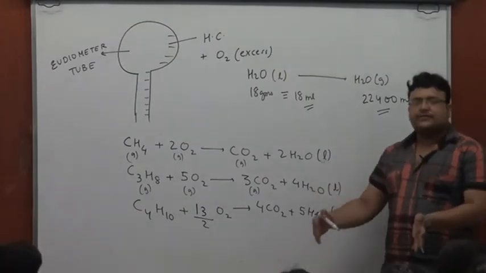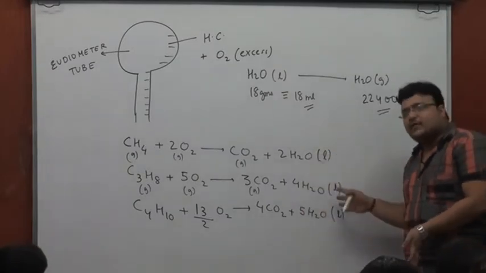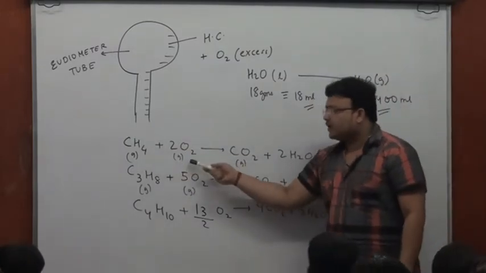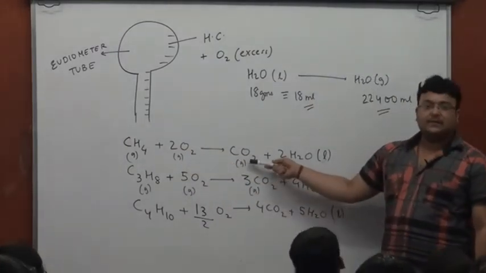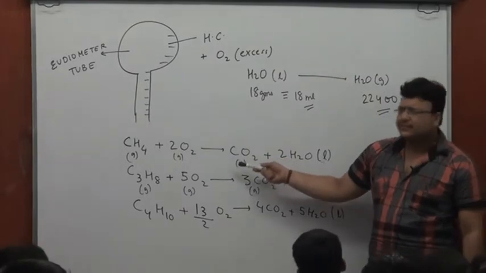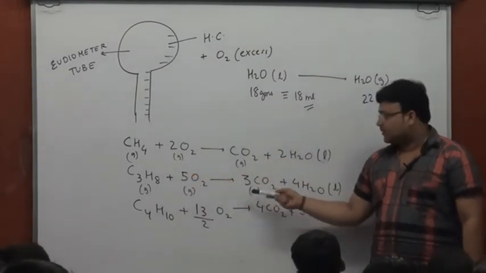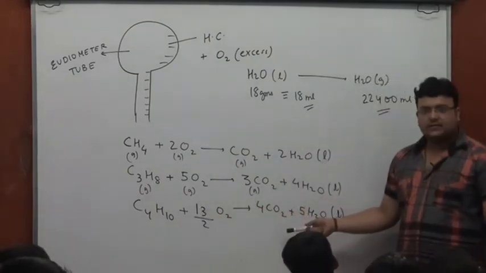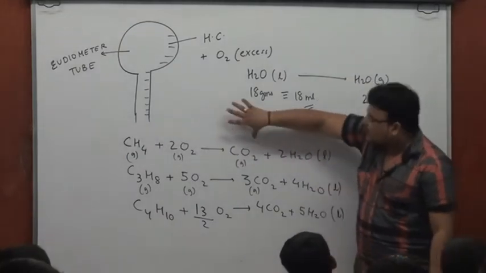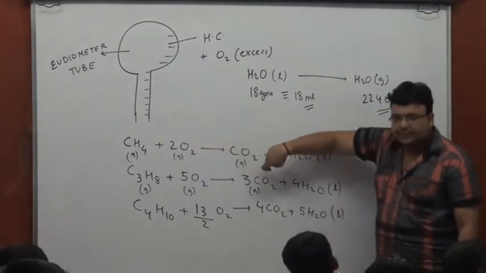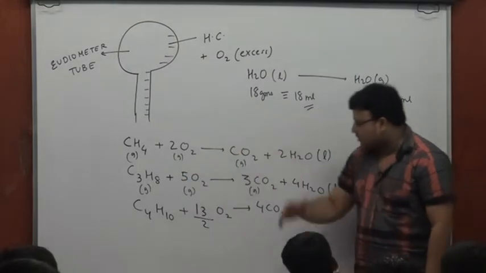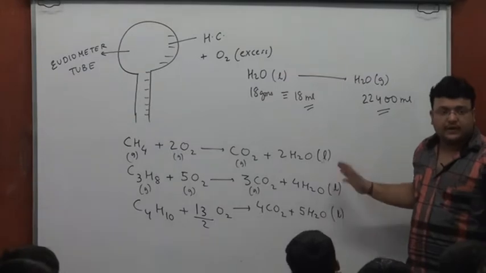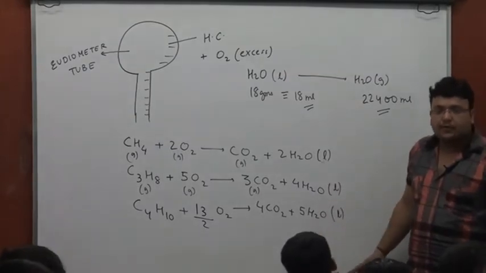Now if we allow the system to cool down, if you want water to be in the liquid form, that means 1 liter with 2 liters is forming 1 liter only. Say yes or no? Yes, 1 liter with 5 liters is forming 3 liters only. 1 liter with 6.5 liters is forming... So 3 liters became 1 liter. 6 liters became 3 liters. 7.5 liters became... I'm not adding the volume of water because I know it's going to be in the liquid form. So the volume occupied by water is neglected.